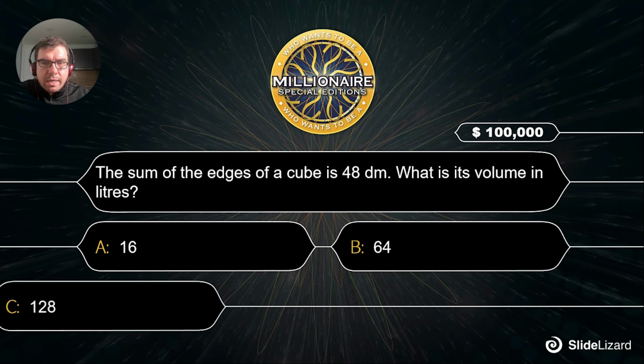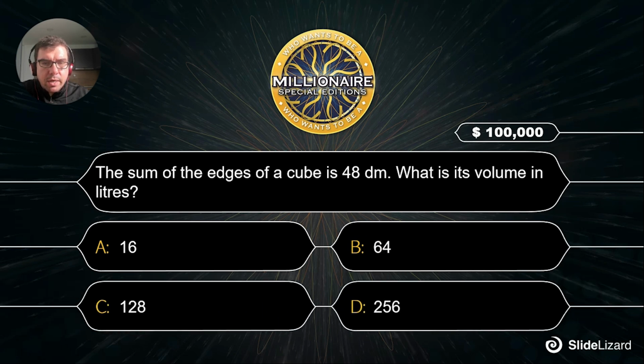The sum of the edges of a cube is 48 decimeters. What is its volume in liters? Is it 16, 64, 128 or 256? And the answer is